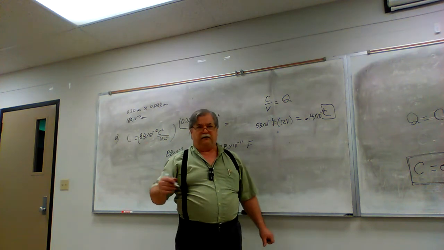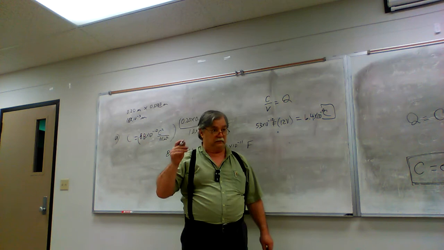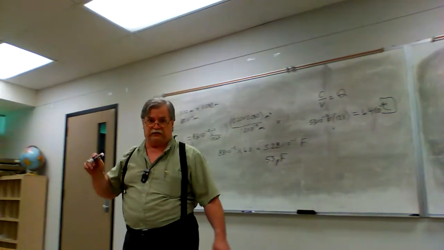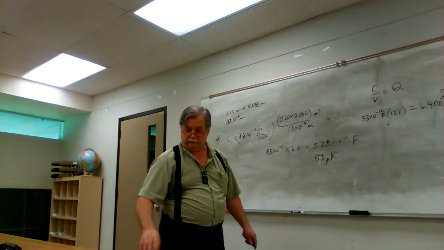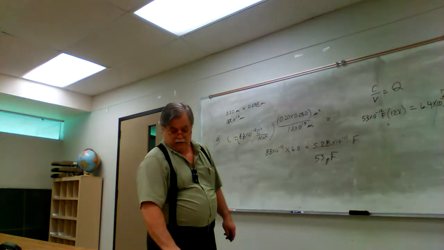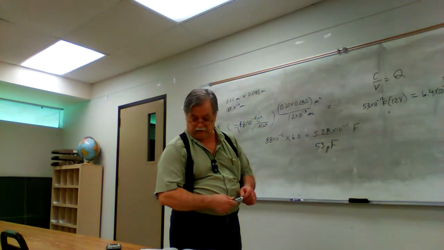I can't write in italics, so just keep it in your mind, keep it straight. Be cautious of this. Be careful not to let it mess you up. All right, 6.4 times 10 to the minus 10 coulombs, and now